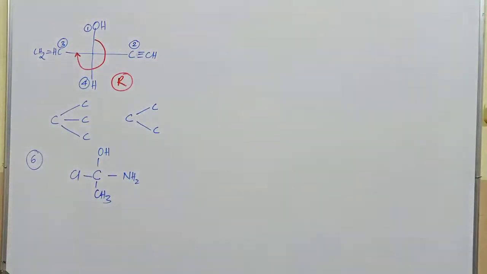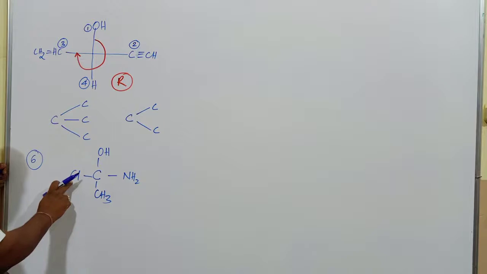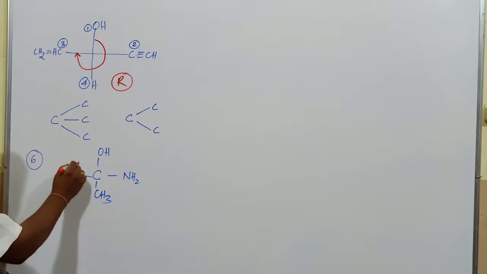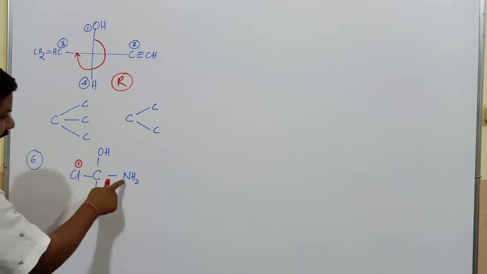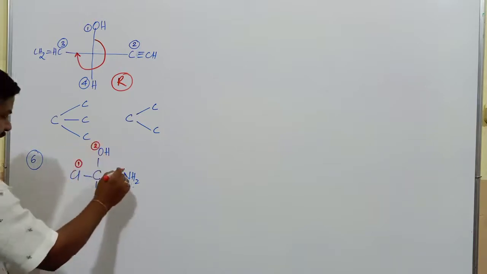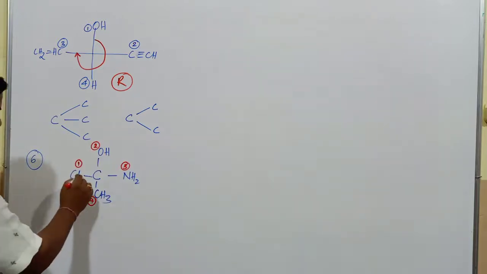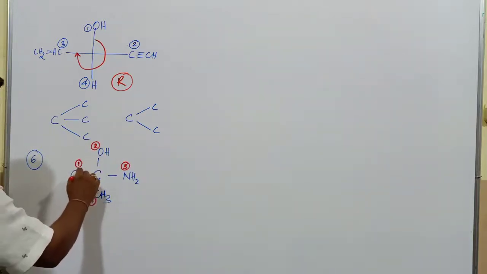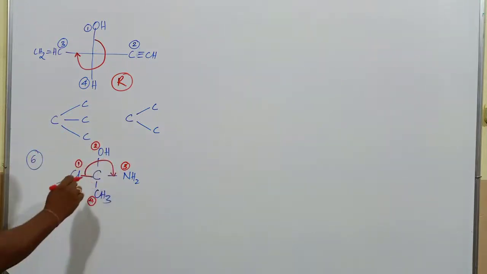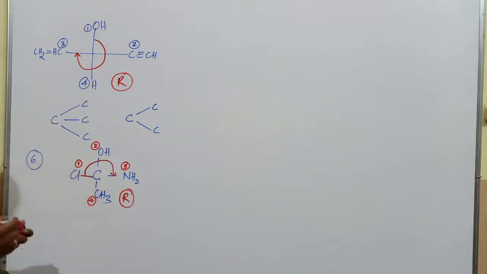Slight changes. Now in case of this molecule, the chlorine atom is there which has the highest atomic number, so the priority order is maximum for that chlorine atom, so I will write this one as number 1. Next to chlorine, the nitrogen has atomic number 7, carbon has 6, oxygen has 8, this is second priority, this is third priority, and this one is fourth priority. Here the group's movement is going to take place in this direction. If it is in this direction, it is called clockwise. Clockwise refers to, as mentioned, the configuration of R.